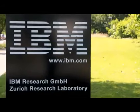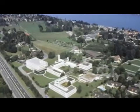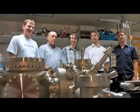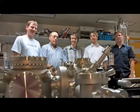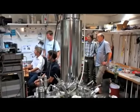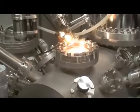As reported in the August 28th issue of Science magazine, IBM researchers in Zurich, Switzerland, have for the first time imaged the anatomy or chemical structure of a molecule with unprecedented resolution using atomic force microscopy. IBM scientists Leo Gross, Fabienne Mohn, Nikolai Moll and Gerhard Meyer, in collaboration with Peter Liljeroth of Utrecht University, used an atomic force microscope, operated in an ultra-high vacuum and at very low temperatures, to image the chemical structure of